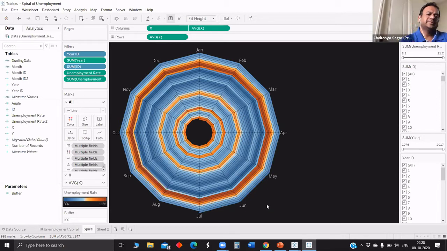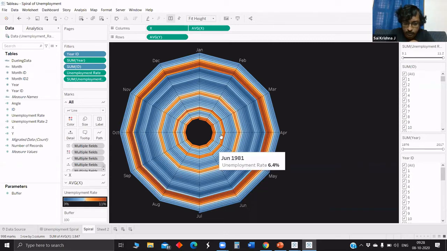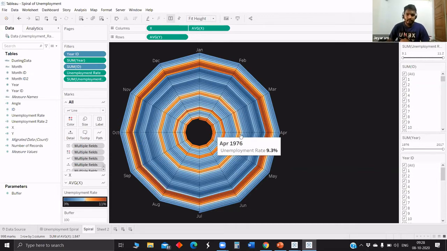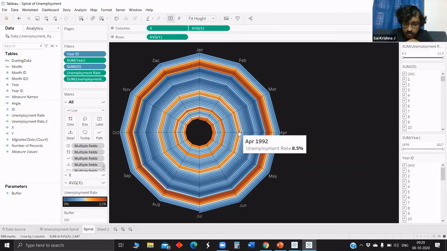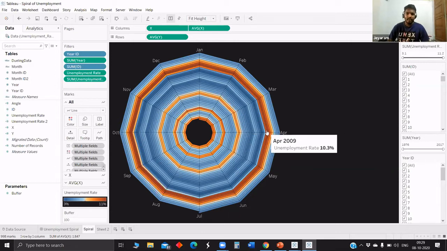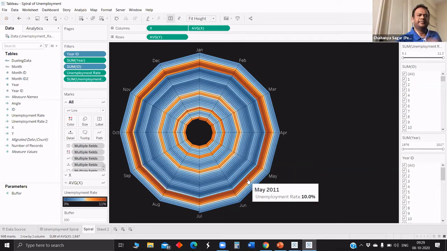Yeah. And also, if you see, periodically there seem to be some orange circles in the graph. I don't know the years, but I think that's 1981, and before that, 1976. 76, 81. What's the next one? 92. Okay. And now 2010. Periodically, there have been these periods over the past 40 years which have led to higher unemployment. If you're able to identify what events happened during those years, that could give us some more insight on this.